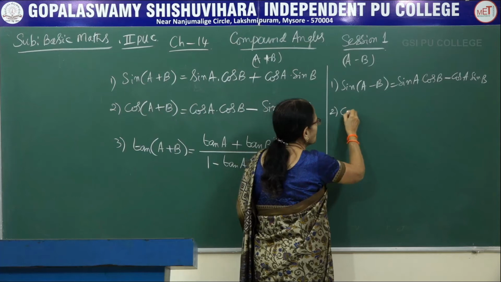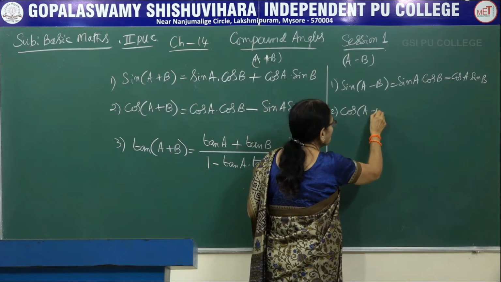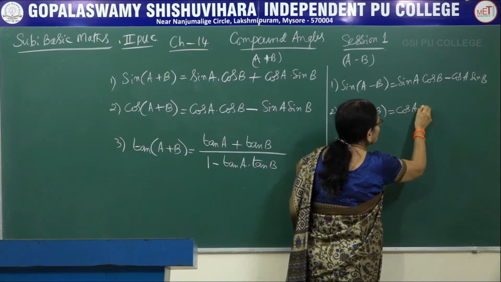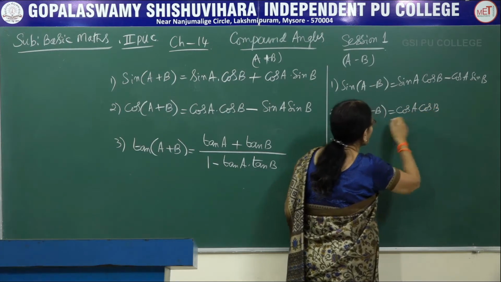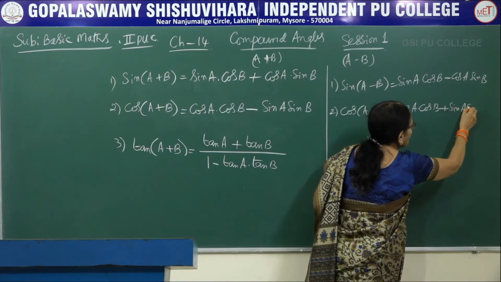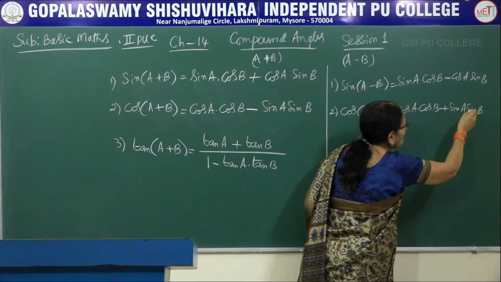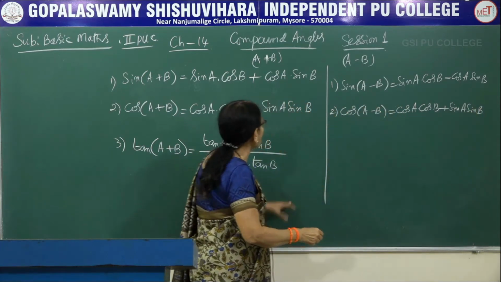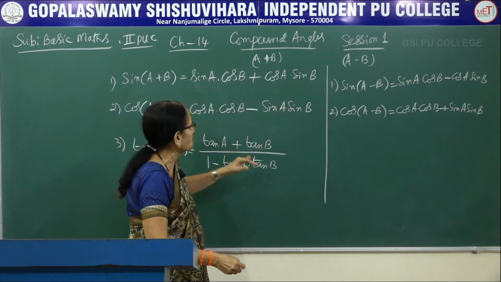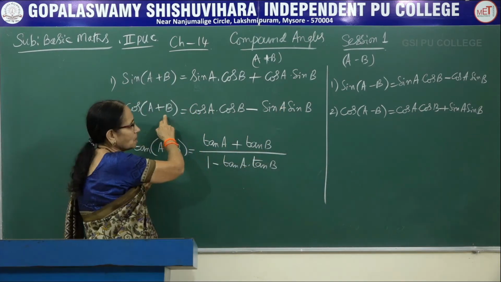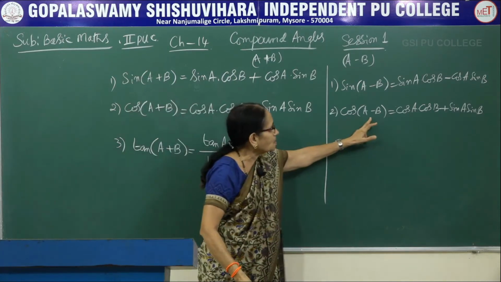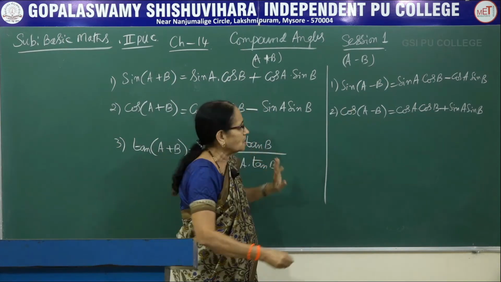Now in the second one, cos of A minus B, again the terms are the same. It is cos A into cos B, where there was minus, here it is plus, sin A into sin B. It's easy to remember these formulae. If you remember the first set, you can remember the second set of formulae. Here we had plus on the left hand side, minus on the right hand side. This is the other sign: here minus on the left hand side, plus on the right hand side.